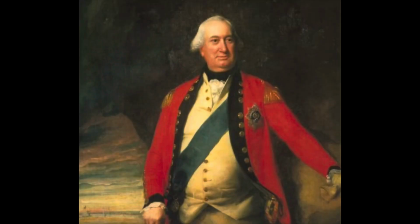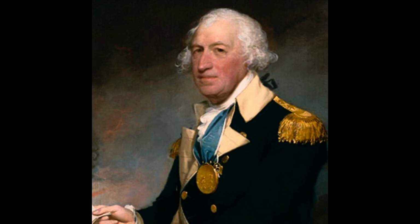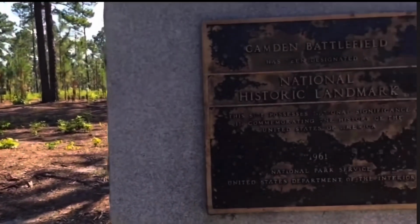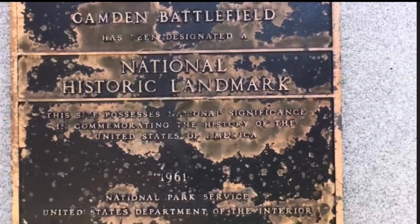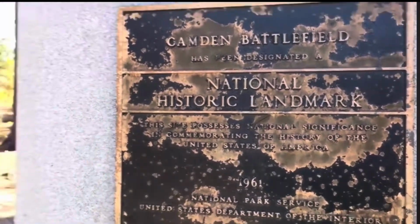Your main units were the British Army under Lord Cornwallis and the American Army under Horatio Gates. Let me just back up a little bit. I'm here mainly because my 5th great grandfather, William Beasley, fought here, and he was with the 2nd Regiment of North Carolina Militia, raised out of Craven County, North Carolina, around the town of New Bern, where all my other